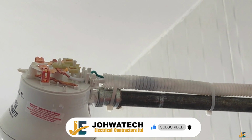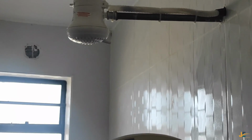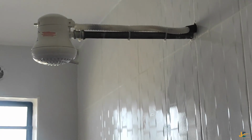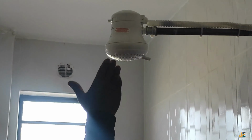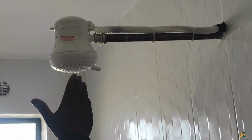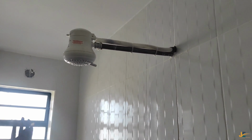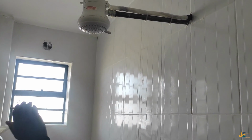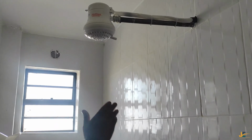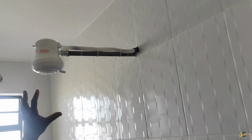So this is what happens. Allow me to put this back. So this is what I want to explain. I have shown you what exactly happens for the element to heat water, so that you can enjoy the hot or warm shower. The instruction number one you are supposed to follow, so that this product will serve you for long,